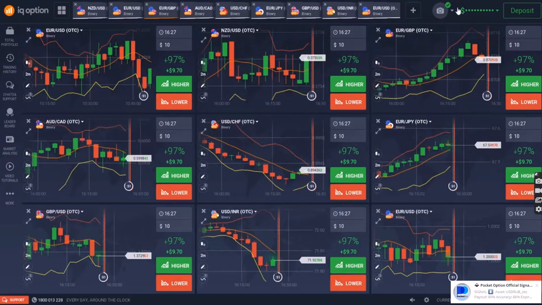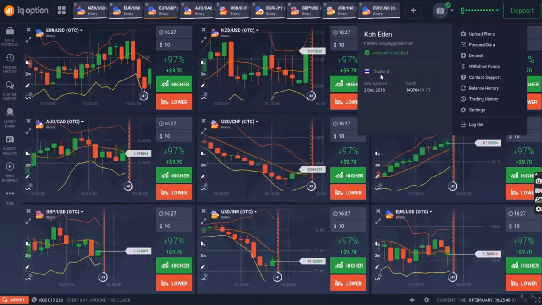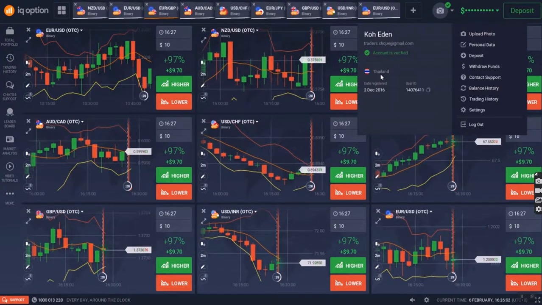Okay, and some of you may have also asked me previously on the questions that how long have I been using IQ Options? Is there any problem? I've been using it since 2016 when I was based in Thailand previously. I don't have any problems as of now, like the withdrawal problems or people telling me if IQ Options is a scam or not. There are a lot of reviews out there, but I still feel that there are always haters out there. People will lose money, they'll blame the world, they'll blame everyone else, they'll not blame themselves. So this is one of the key points.